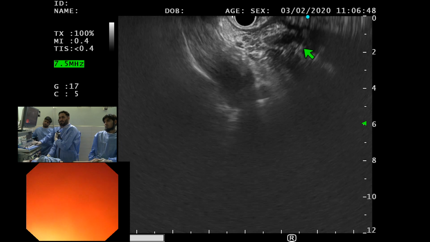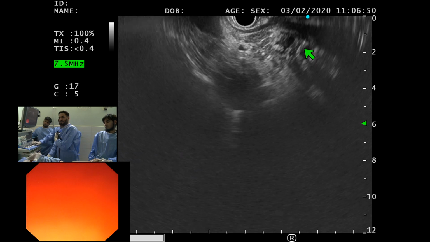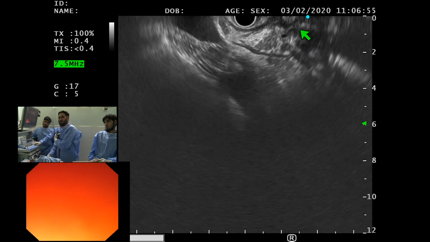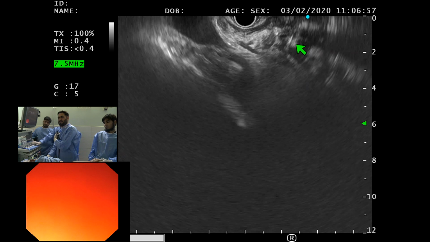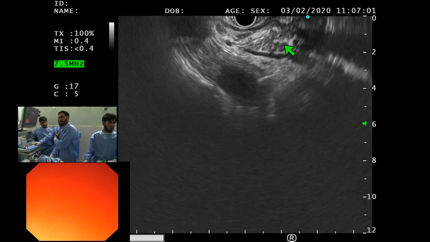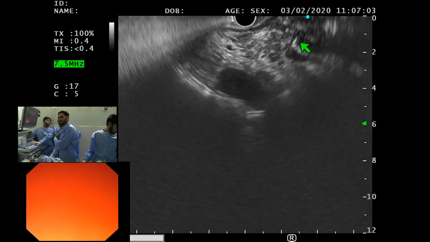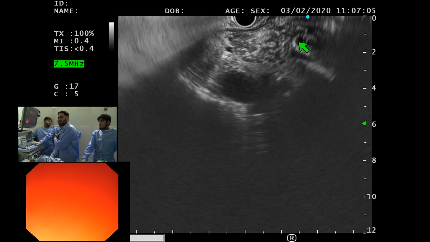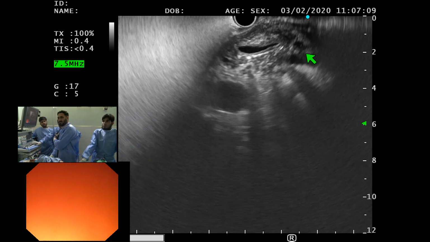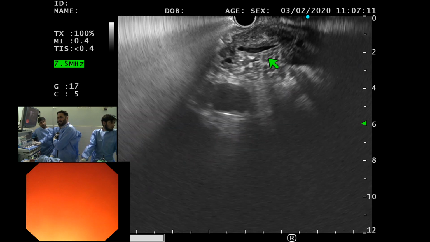थोड़ा सा इसको पुल करो स्कोप को बाहर, keep pulling, keep rotating to the right, रिलीज करते जाएं व्हील को and keep pulling back, थोड़ा सा रिलीज, keep pulling the scope out, good job, excellent, keep coming, ठीक कर रहे हो, ये देख रहे हैं ना बाइल डक्ट, नाइस, तो बाकी सारा पैंक्रियाज